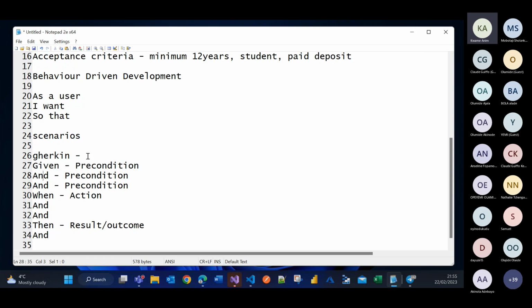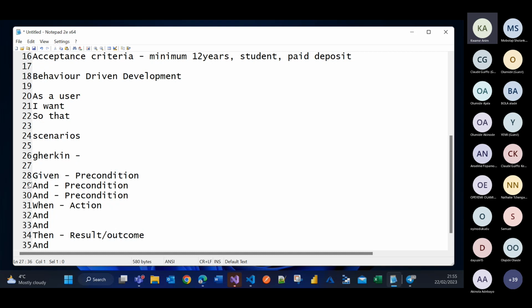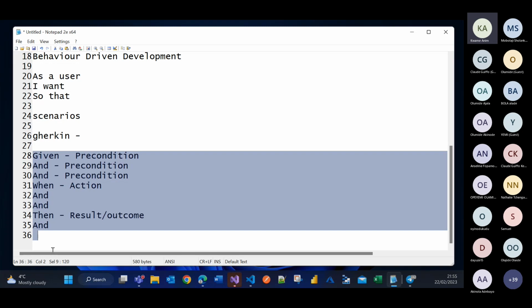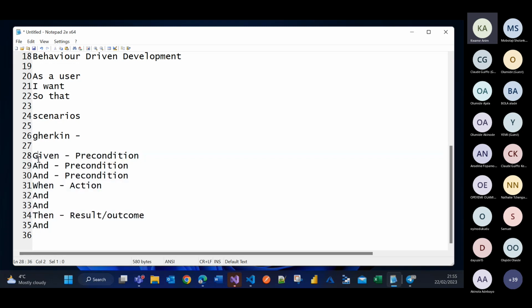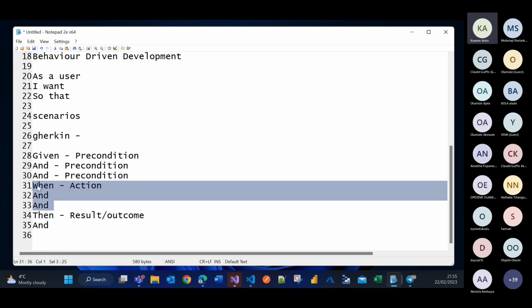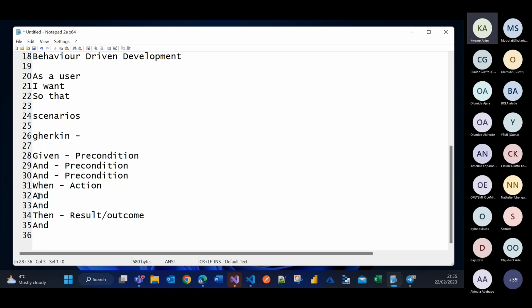There are times when you join a company and you'll be working, and they may not define things correctly like this. There are some people who will just write giving, when, and maybe they may not even bring the then, you know. Because it doesn't look right, but it doesn't mean that the work that they are automating will not work,